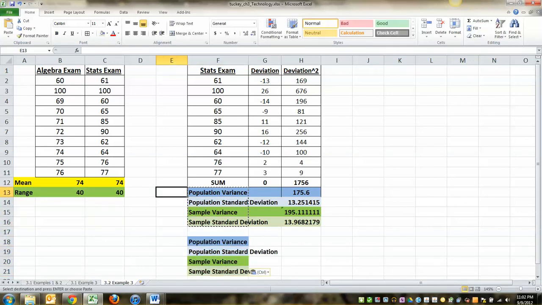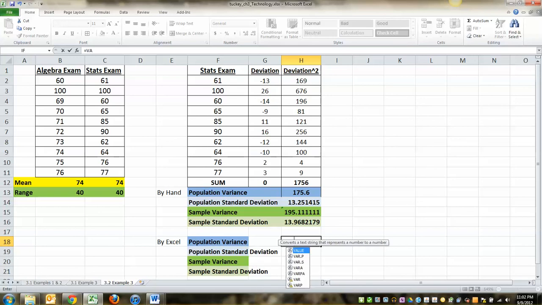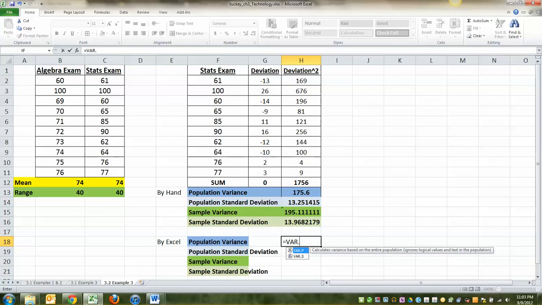All right, these were by hand. I better label them. These are by Excel. All right, so equal to, now there's a couple options here. If you're in the newest version of Excel, it's VAR.P. If you're old Excel, it's VARP, V-A-R-P. VAR stands for variance, P for population. Okay, I'm in the new Excel, so I'll do VAR.P,